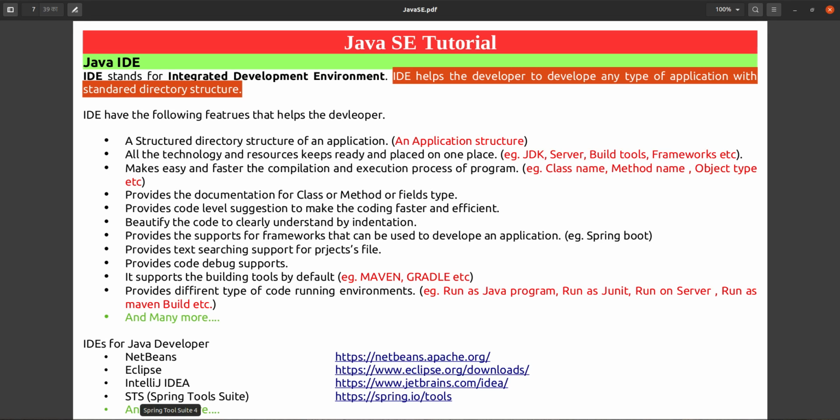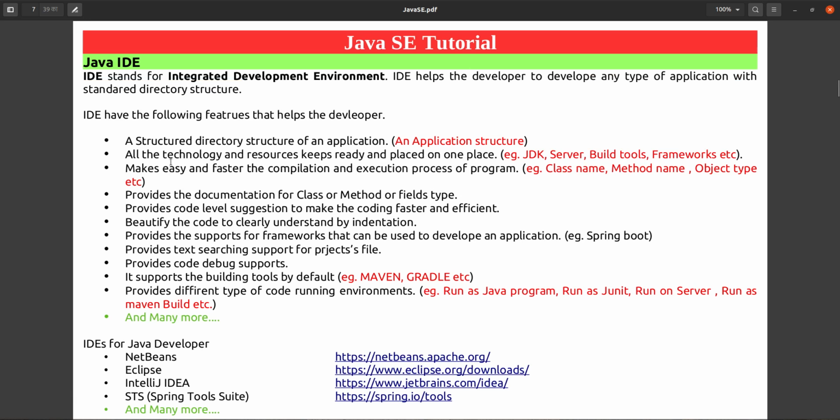Suppose in the previous sessions we have seen so many programs. How were we writing those programs? We were writing the programs in Notepad or any text editor, saving them as .java files, and after that with the help of the terminal or command line we were compiling those files and executing them in the terminal only. That was the process of how we were writing code and developing applications, but that is not the recommended way. You cannot do that.